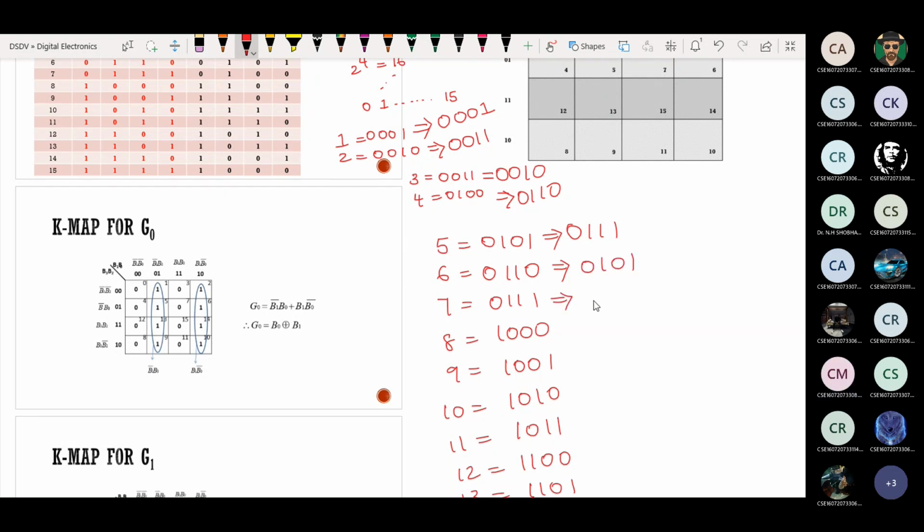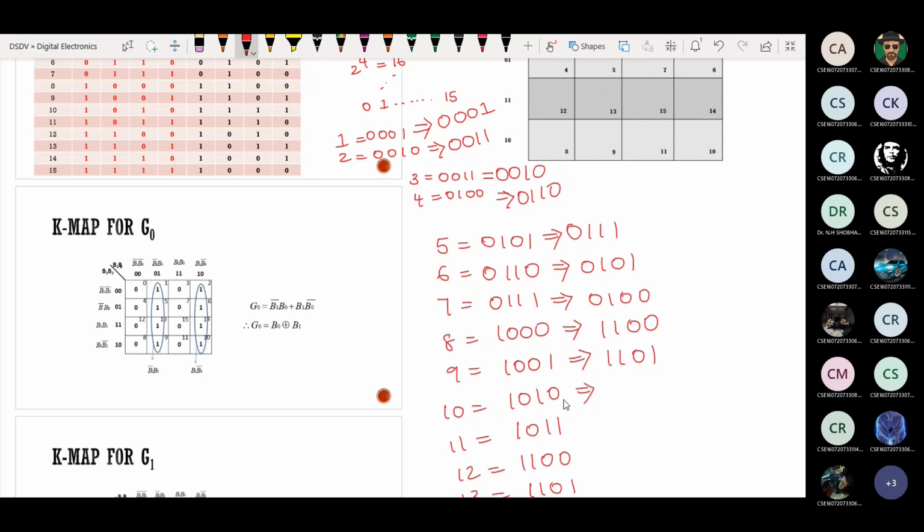For 7, gray code: 0100. Okay. For 8: 1100. Next for 9: 1101.